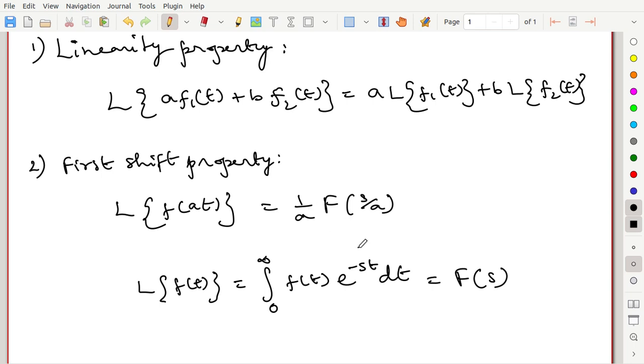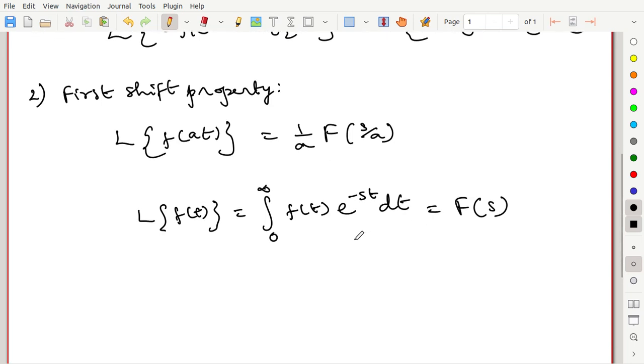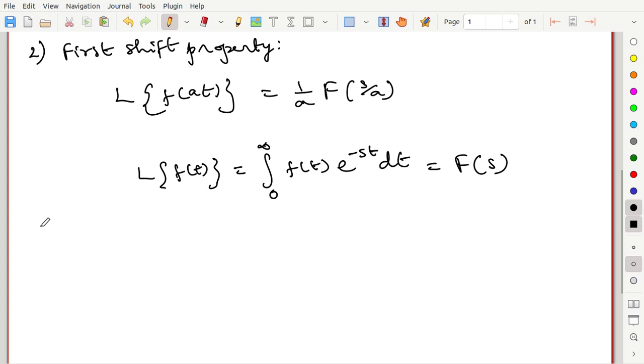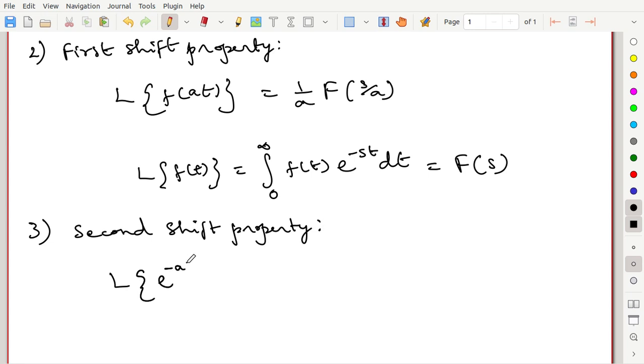Thirdly, we move on to the second shift property. It says that the Laplace transform of e power minus at f of t, the product of these two functions, is nothing but F of s plus a. So if we have a minus a, then